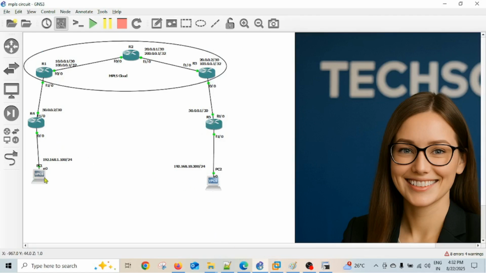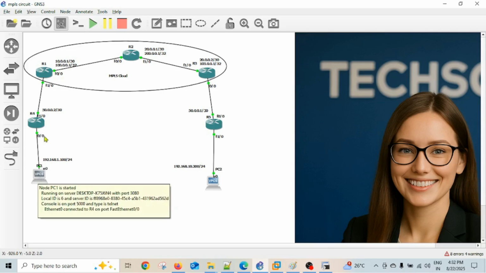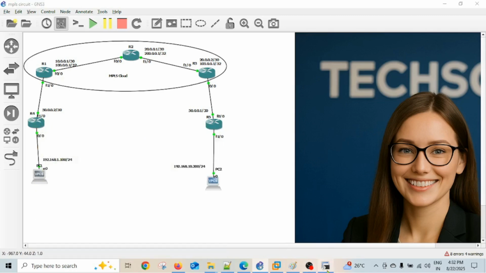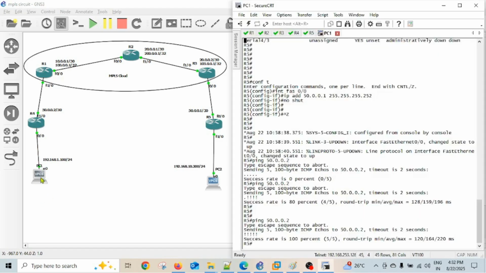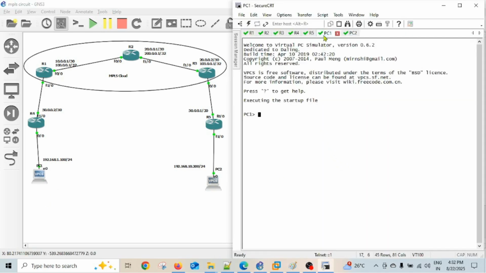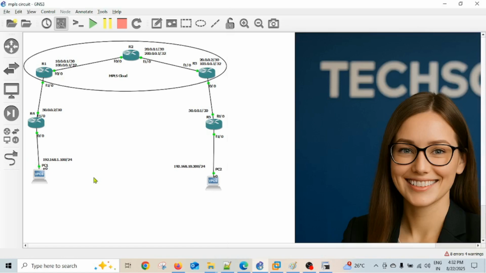Check it again, otherwise I will just add the one loopback for a LAN connection, so we will see if it works. Okay, now it's working fine. Good. So here I will assign the IP. PC1 is this one. PC1 IP is